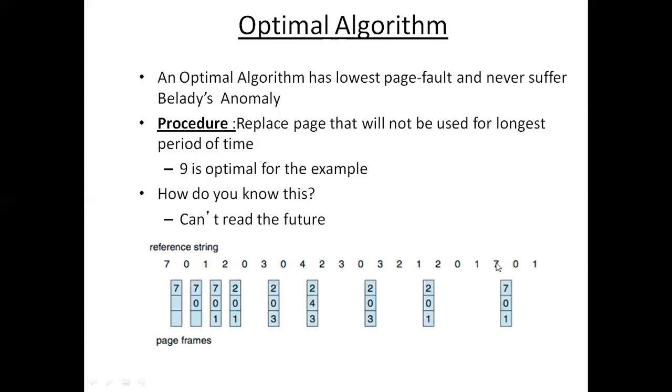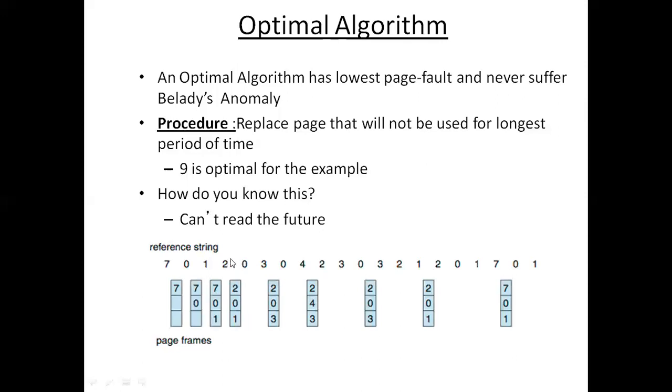Yeah, it is used over here. Look at 0, is it being used? Yeah, immediately after 2 you want 0. Look at 1, where do you want it? You want it somewhere here. So 0 is required here, 1 is required here, and 7 is required here. So which is the one which you want to be using very recently? That is page 7. So you make page 7 a victim, and you swap out and put in page 2. So it becomes 201.